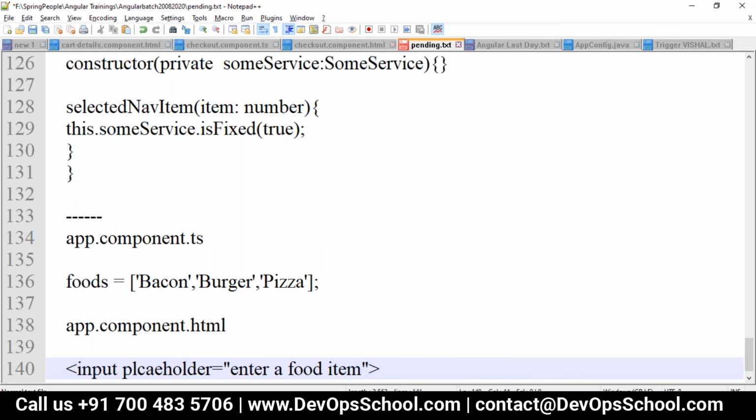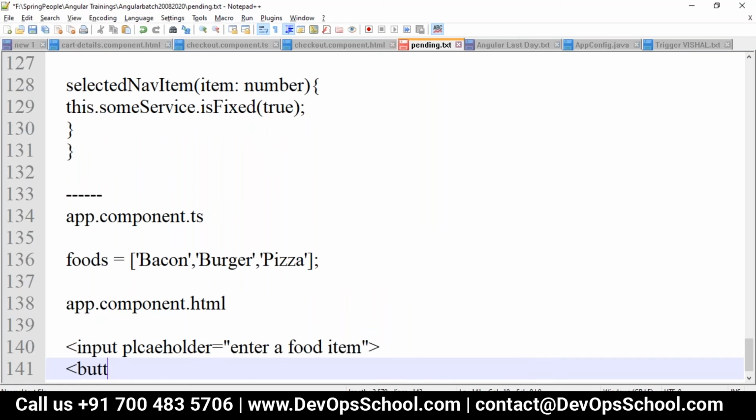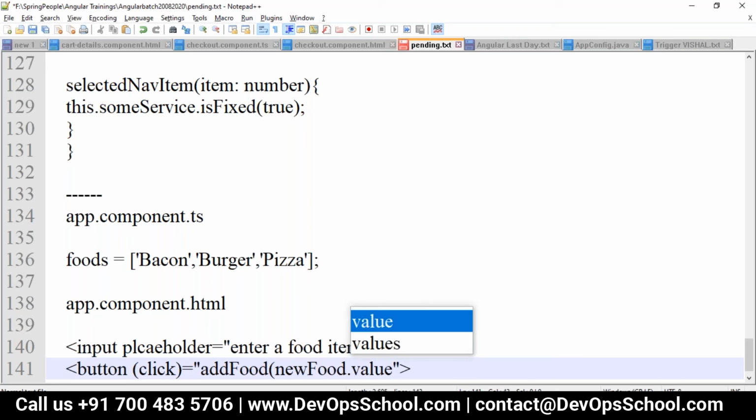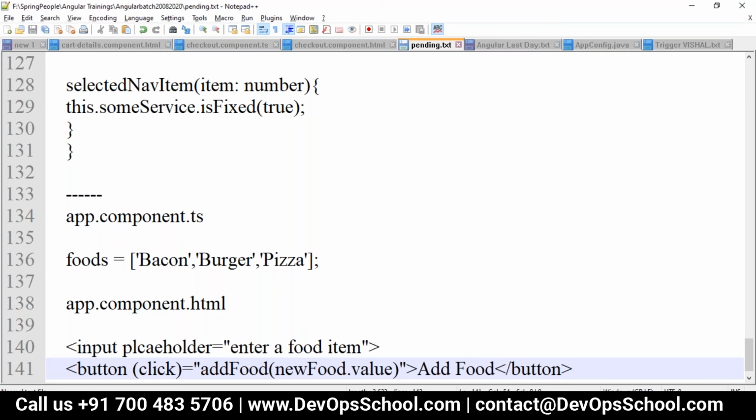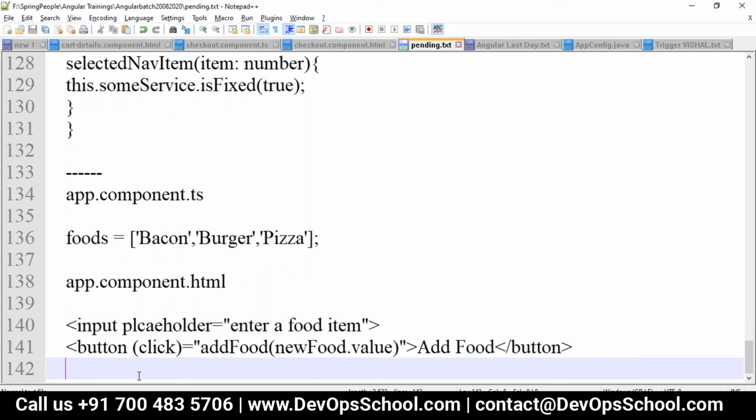When you enter the food item here, for this you take one button, which is Add Food. Whatever new food you have, it takes that new food value. So this is my simple HTML component.